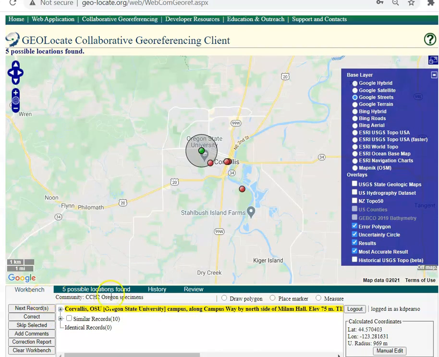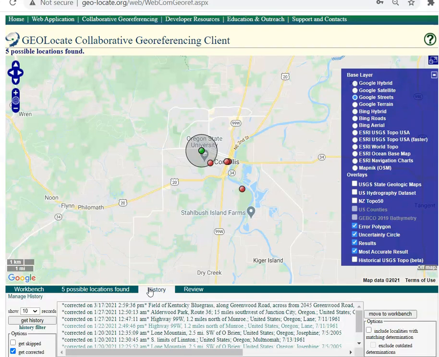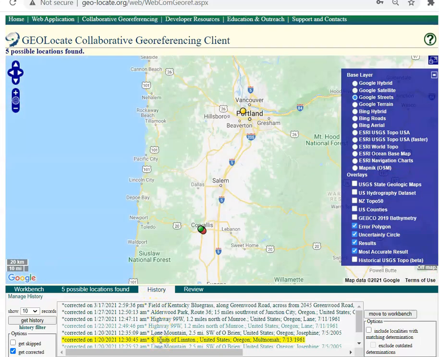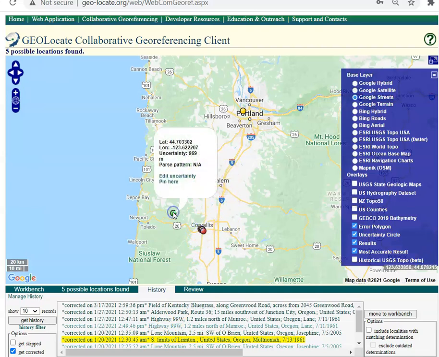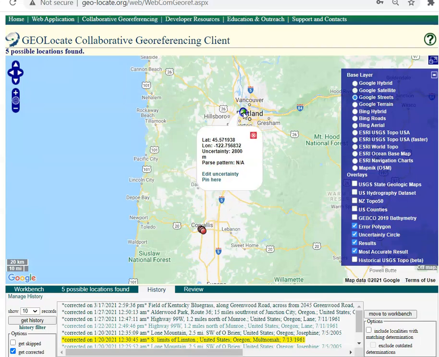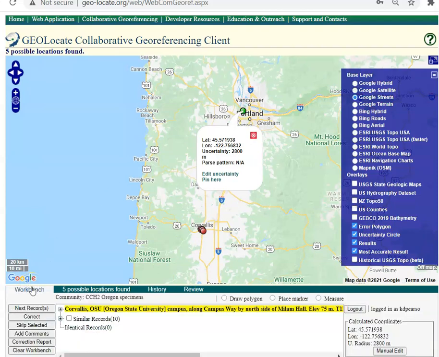If you want to import coordinates from an old record into a new record, click the record from the list that has the coordinates you would like to import. A gold point should show up on the map. If you don't see a gold point, you may need to move green or red points around. Sometimes the gold point is hidden beneath one of the existing points. Click on the gold point, which will turn it green. Then click the Workbench tab to move back to your workbench.